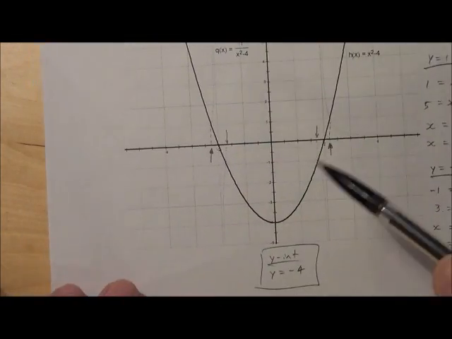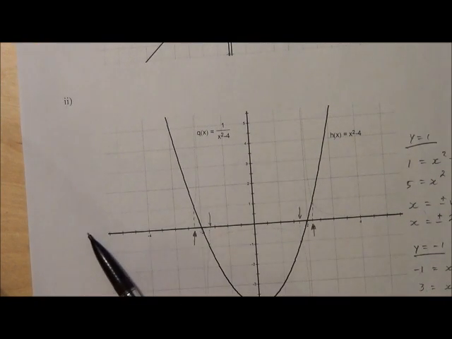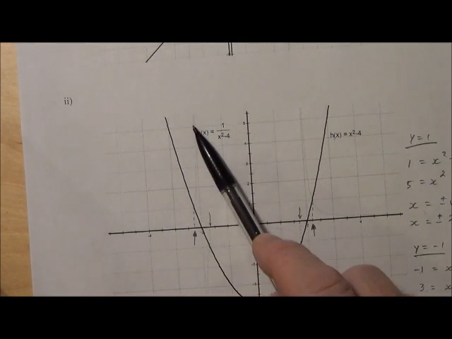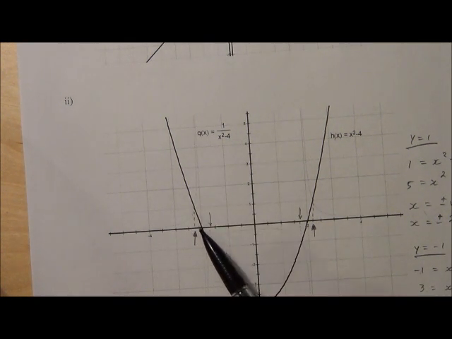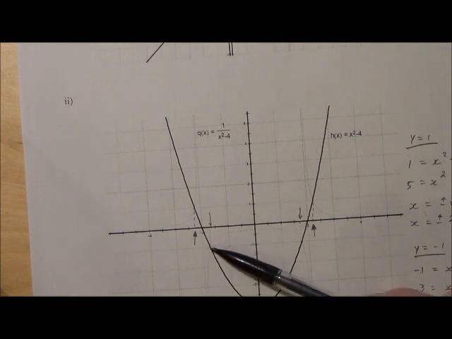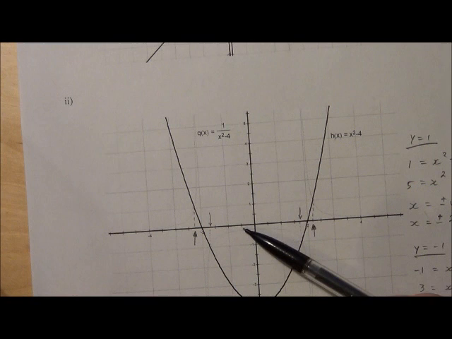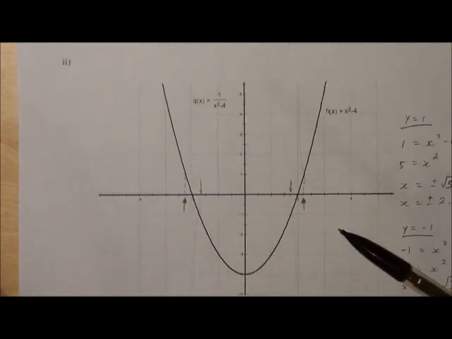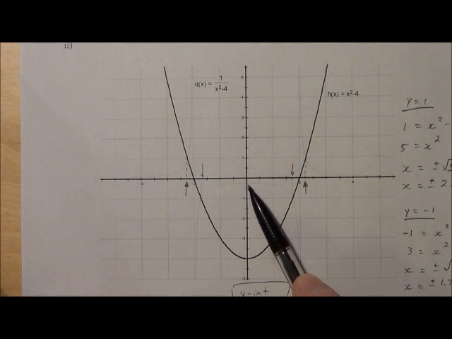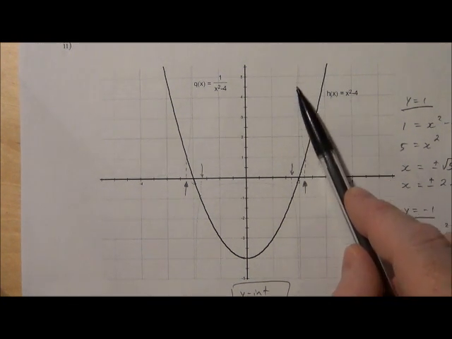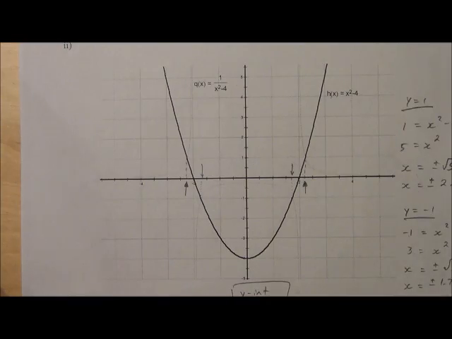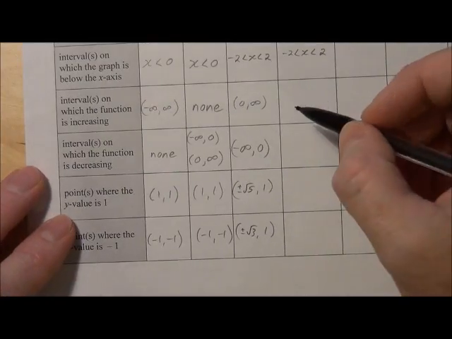Looking at where the graph is increasing, as we go from left to right, the graph here is increasing from -infinity to -2, and it's increasing from -2 up to 0. Those are the x values, of course. The graph is decreasing from 0 to 2, and it's decreasing as you go from left to right on the intervals of the x values from 2 to positive infinity. So the graph is increasing